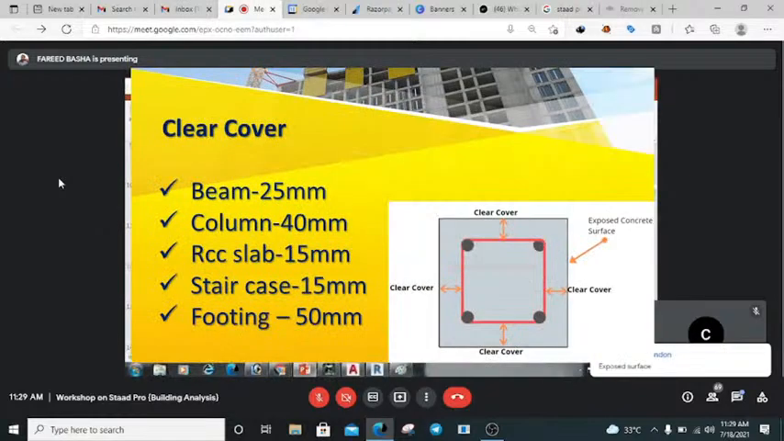So how much distance will be surrounded by the reinforcement, that is clear cover, right? For this we have the standards. For beam 25 mm will be there, and for column 40 mm will be there. For RCC slab 15 mm, for stair case 15 mm, for footing 15 mm. We have to specify these values in Staad Pro. Okay,